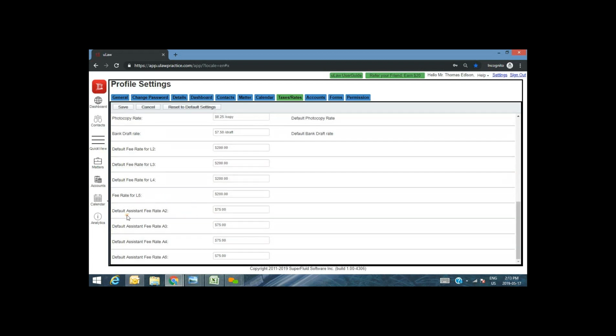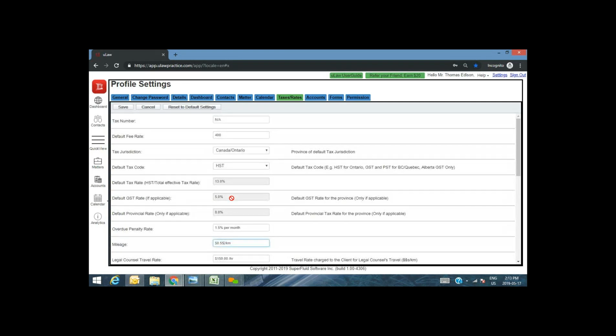You can say what your default assistant, the second assistant, third, fourth, fifth, etc. Okay, and this is your default per hour rate. And it's important that you hit the save, because this is in the cloud. We want to make sure that anytime you make a change to the information, that you're able to hit the save button. Now you can also add your HST number right here,